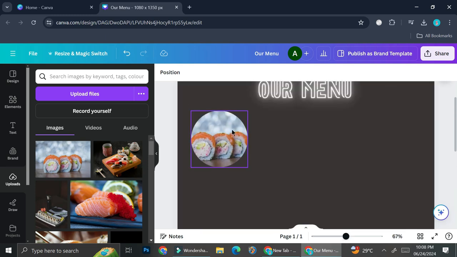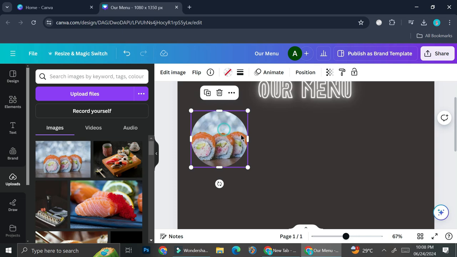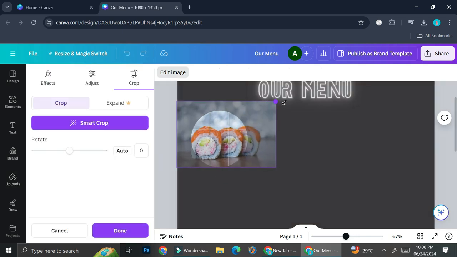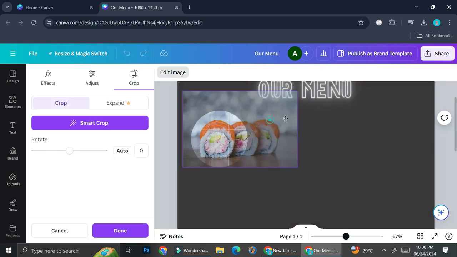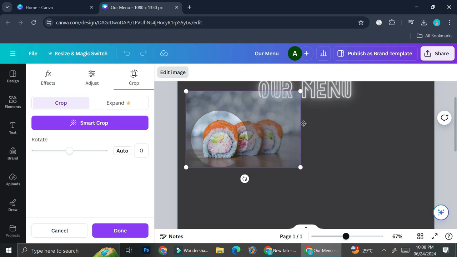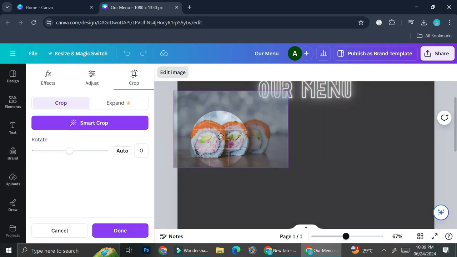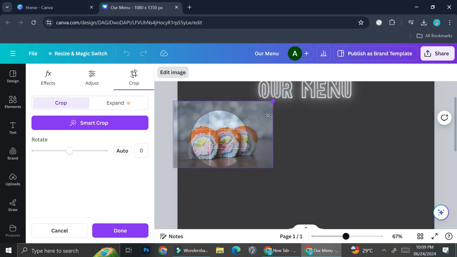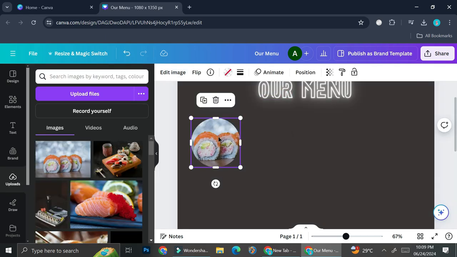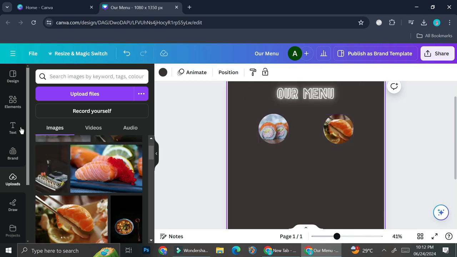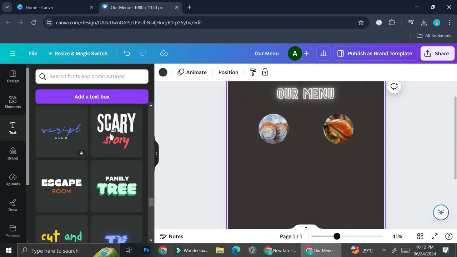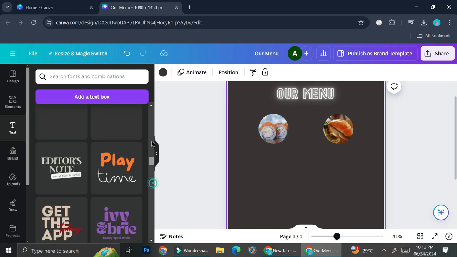And you can even adjust this picture even further by double clicking it, and then you can enlarge it if you want. So let's say I just want to show one of them, something like this, and I can just double click it again to adjust it however I want. Alright, so I'm going to go ahead and add some more pictures. So I add one more picture, and then I'm going to go ahead and add some text for an explanation